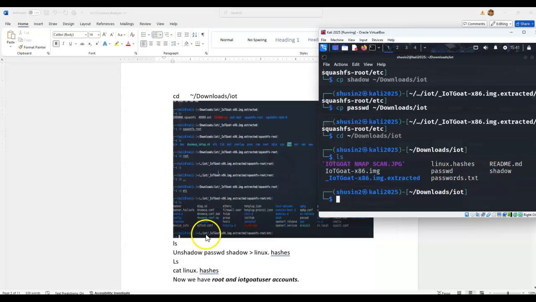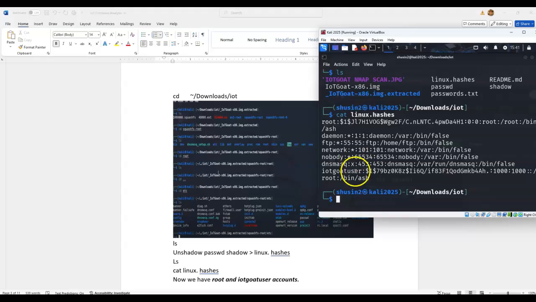Okay, so let's unshadow this, right? I already run this command, unshadow passwd and shadow, and make that as a Linux hashes. So these are the Linux hashes. So if I do this, cat linux.hashes, as you can see that now we combine this, right?